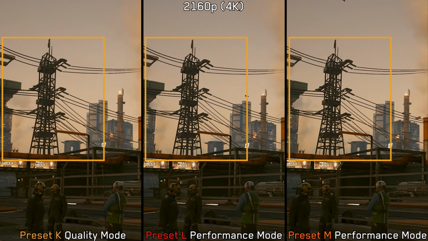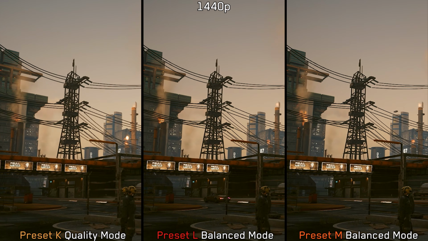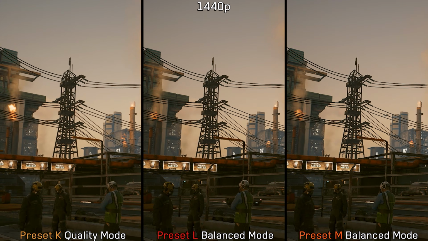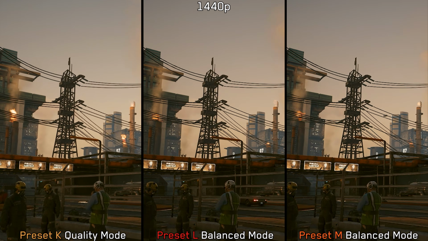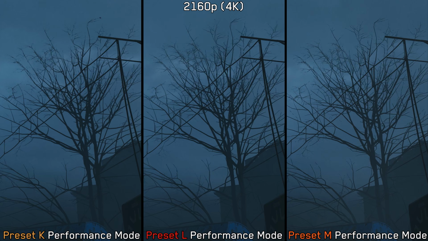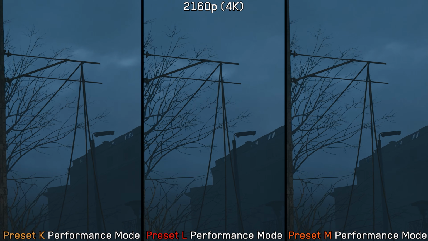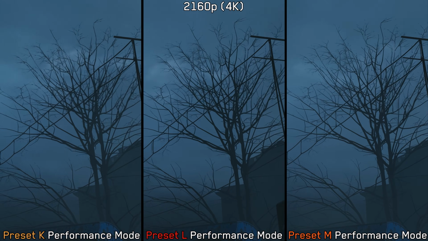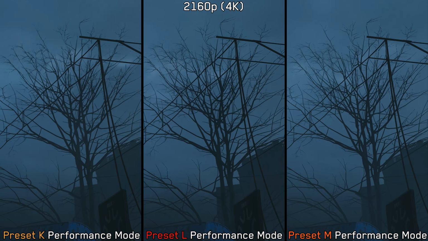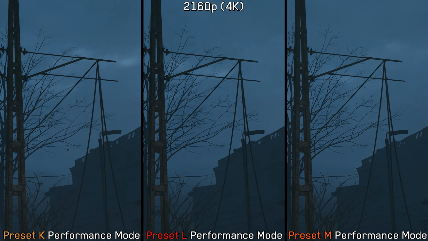running in quality mode. If we drop the resolution to 1440p, the breakup and aliasing with DLSS 4.5 become even more obvious, despite using balanced mode versus DLSS 4 preset K and quality mode. In some scenes like this one in Chronos, even when using the same mode across all presets, preset K does a much better job reconstructing and anti-aliasing the tree branches than preset L or M. So when it comes to complex and thin geometry, I think it's pretty obvious that DLSS 4 preset K holds